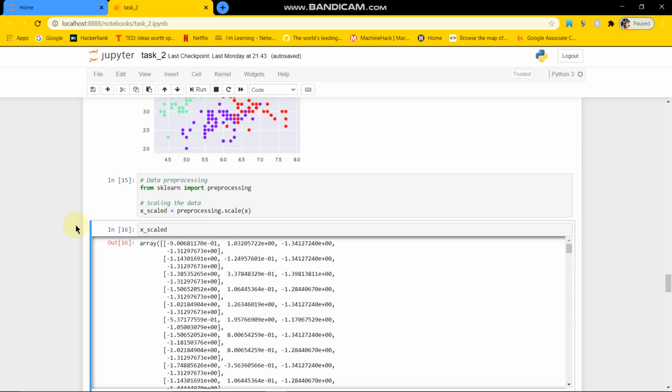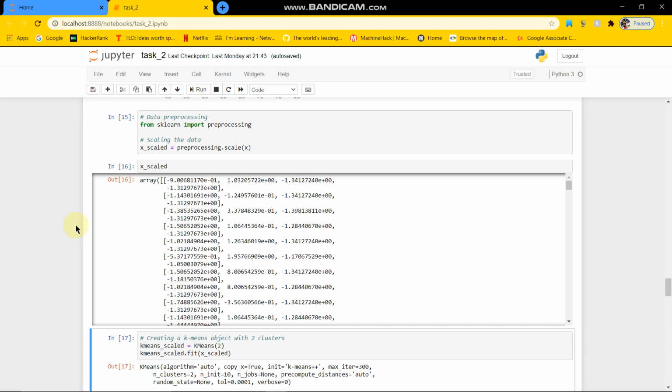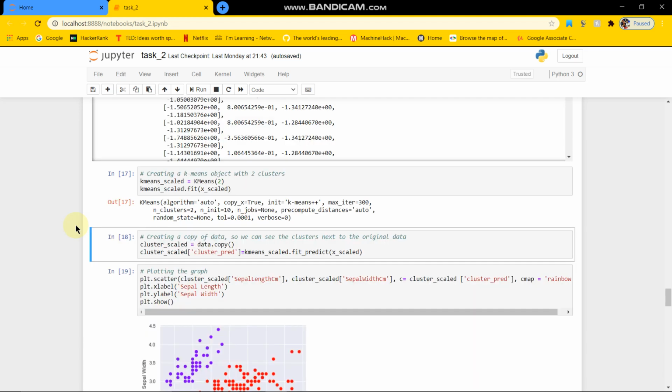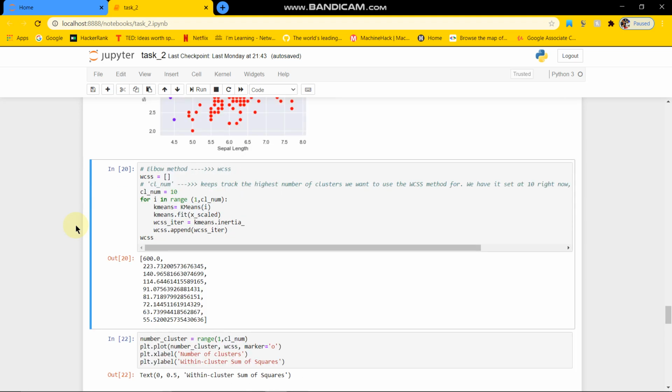We will be doing the data pre-processing for our x, and then for easy evaluation, we will be doing k-means for two clusters so that we can implement the elbow method. In the elbow method, we keep track of the highest number of clusters, and we want to use the WCSS method for that. So we set it as 10,